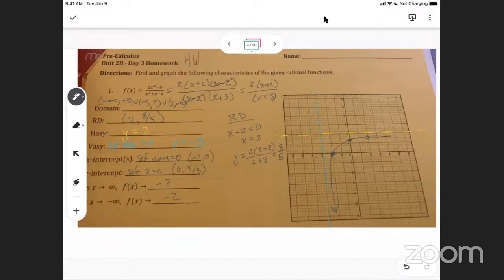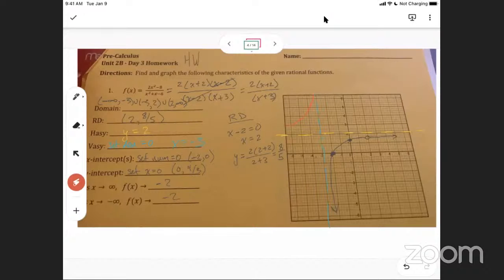Yeah. So how do I know that this other one, I really don't even have to look. How do I know it's got to be up here? Because there's only one factored pair in the denominator. That's right, because there's only one x-intercept. If it was down here, I would have another x-intercept somewhere, but I don't. Okay. So